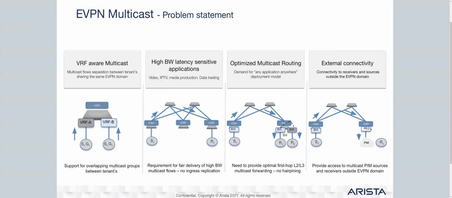And then a fourth requirement is that the EVPN domain itself doesn't exist in isolation. There's going to be a demand for providing access to external sources. External sources might reside within a PIM domain, or there might be external receivers within the PIM domain. So we need to allow interested receivers in the EVPN domain access to those sources outside in the PIM domain, and vice versa, providing receivers in the PIM domain access to sources and multicast streams that are inside the EVPN domain. So those are the 4 pillars that we're trying to solve when we talk about EVPN